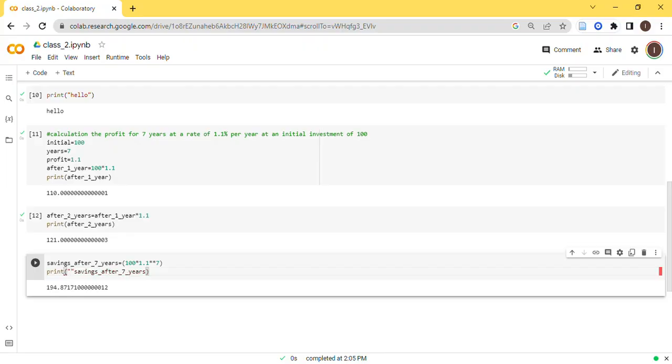nested message here. For example, total savings after 7 years, and put a comma here so it will take the value from this variable, and now run it. See, so total savings after 7 years are